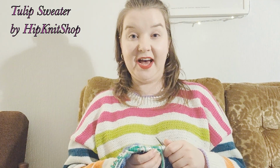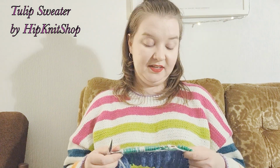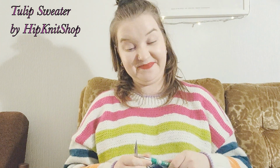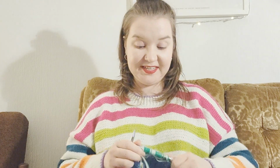So it's this gorgeous, very 80s vibe colorwork sweater that I've actually had in mind right from the start when I started knitting. I actually think the sweater was kind of one of the main reasons I started knitting, because I just knew that someday I want to be able to knit that sweater, and here we are. So I'm very excited. As you can tell, this is knit bottom up, which I don't prefer, but I